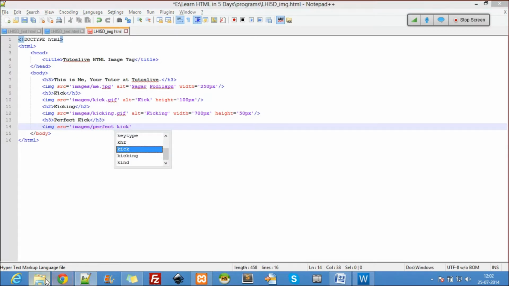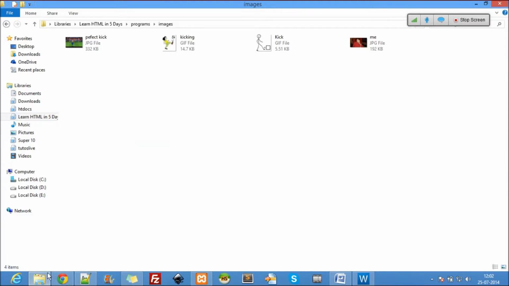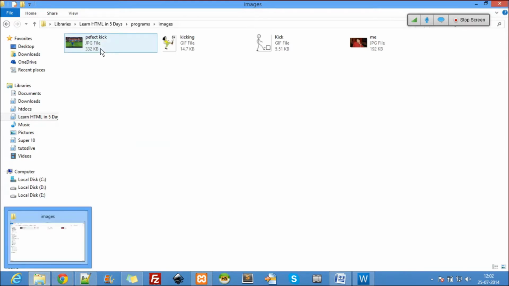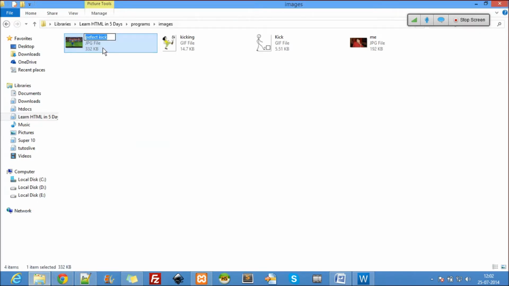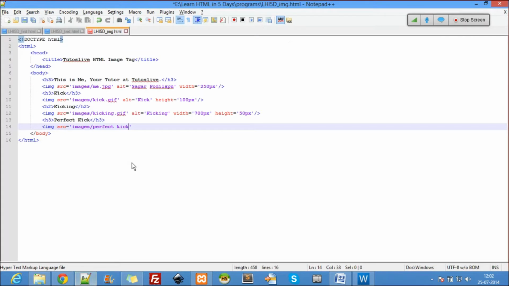Is there a space between perfect and kick? Yes. But usually you're not supposed to give spaces in file names. Okay? So remember that. You can use underscores. Okay? So remember that point. Dot jpg, alt equal to, let's say, perfect kick.